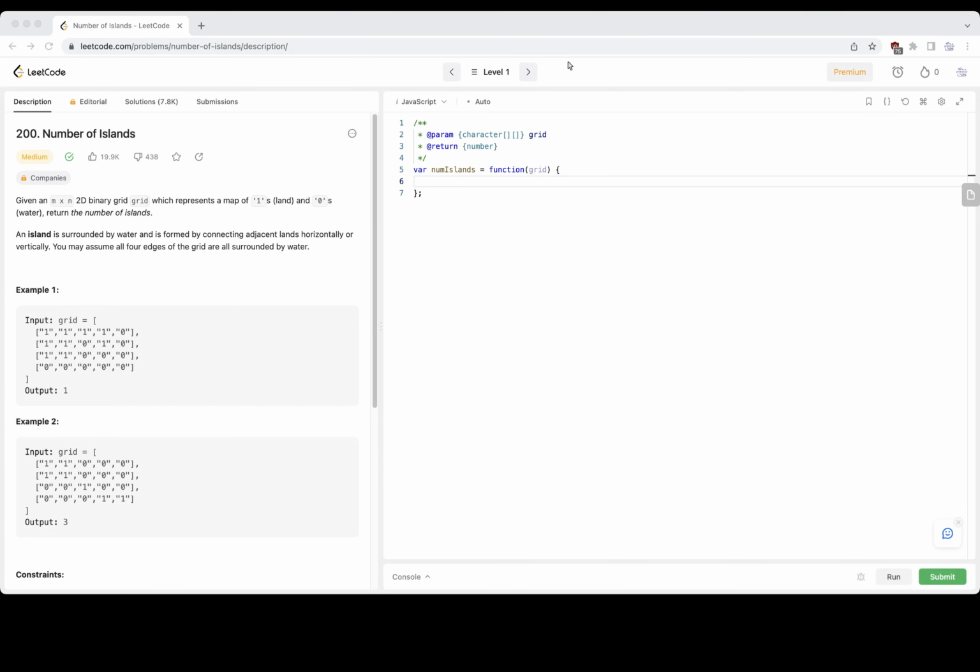We'll be solving the problem for LeetCode 200, Number of Islands. This is another problem in the LeetCode 75 study plan. Let's get to it. Given an m by n 2D binary grid, which represents a map of ones, and